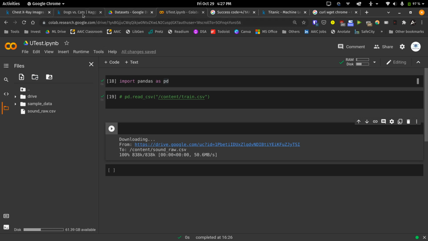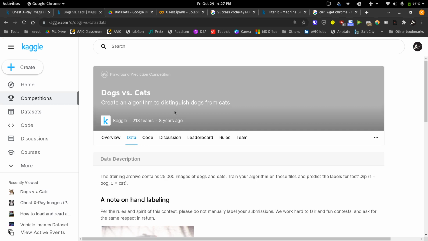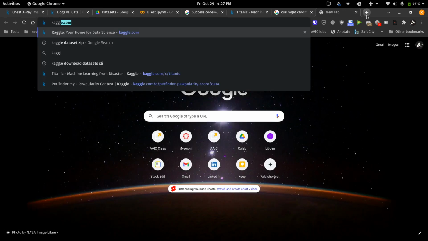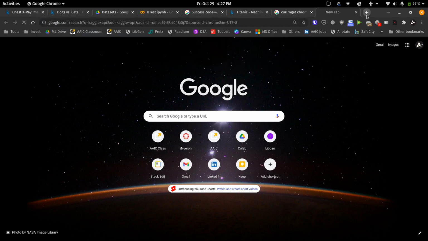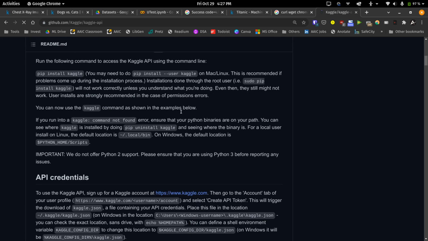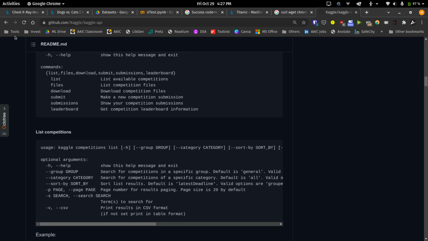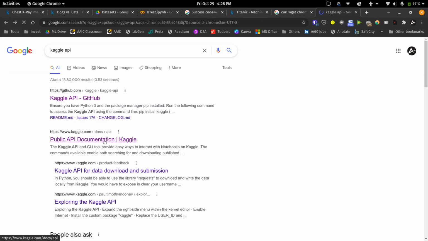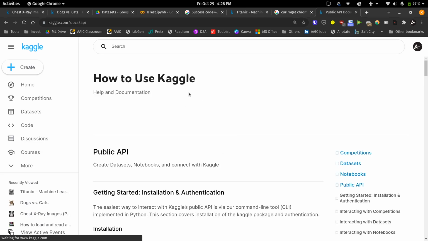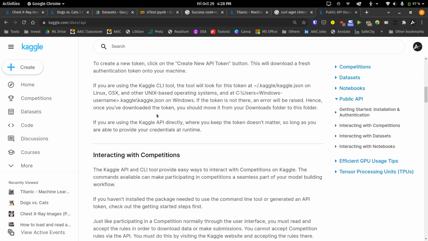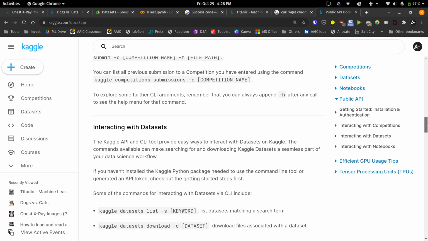So if you're looking for Kaggle datasets, Kaggle provides a very handy Kaggle API. So you can just go to the documentation. I'll not get into this. This is specifically for Kaggle sites. If you just Google Kaggle API, it's on GitHub. Also, it's a public documentation available. So yeah, if you go through the kaggle.docs/API, you'll get all the details, how to use it and everything. So this is pretty much simple.